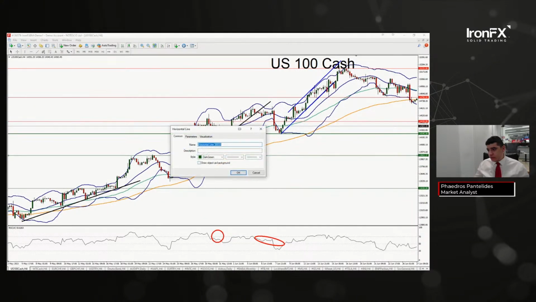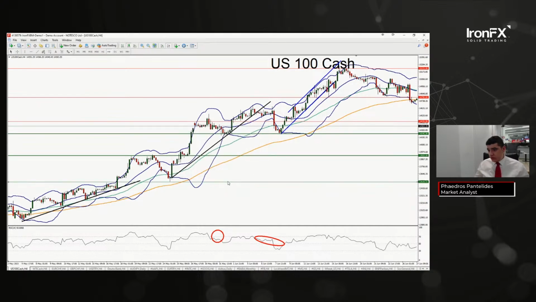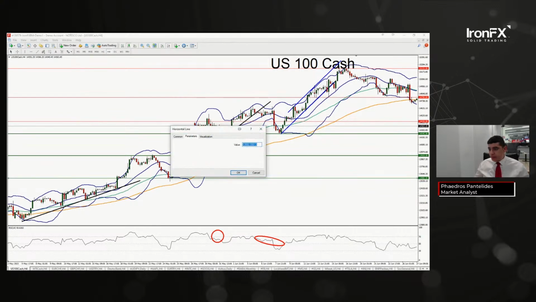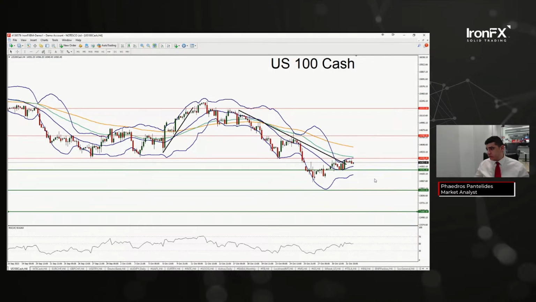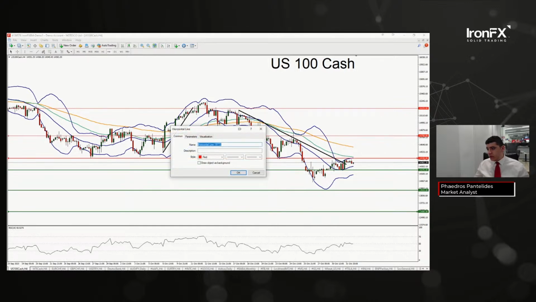That's S2, 13,920 for S2, and then 13,580 for S3. Then we have R1, 14,430. R2, 14,790. And lastly, we have R3,